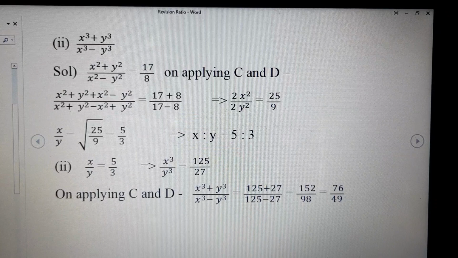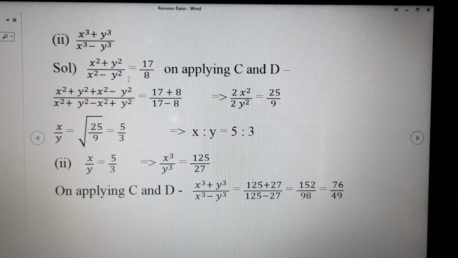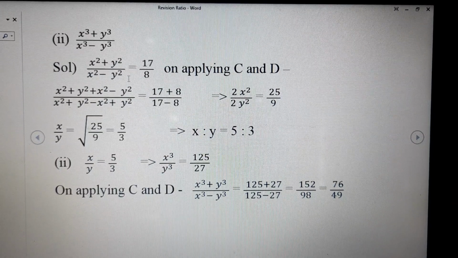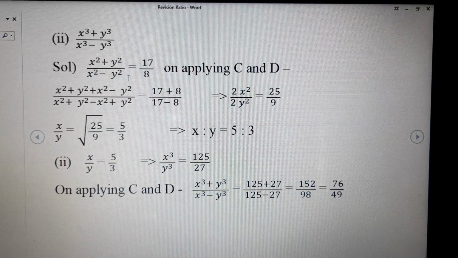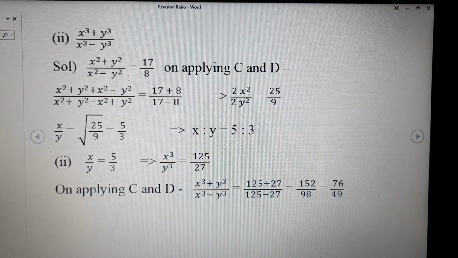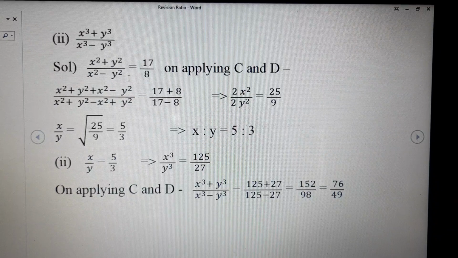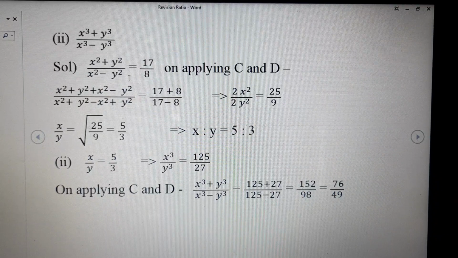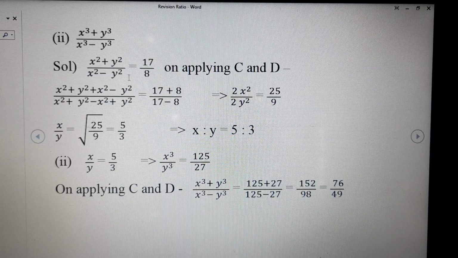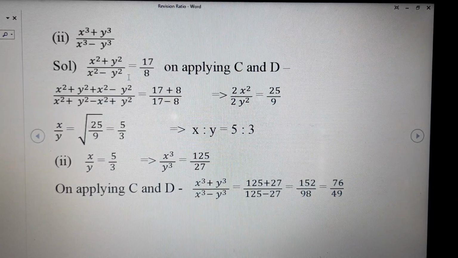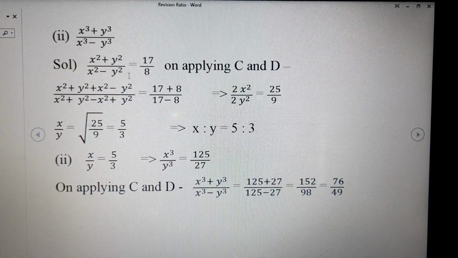So what we'll do, first of all, we'll copy down the question. In the question it was given x square plus y square divided by x square minus y square. Again, almost same numerator and denominator. So to simplify it, we'll apply componendo and dividendo. It says if a upon b is equal to c upon d, then a plus b divided by a minus b is equal to c plus d divided by c minus d. Why am I repeating it again and again? So that you may learn it here only. Componendo dividendo says numerator plus denominator divided by numerator minus denominator.